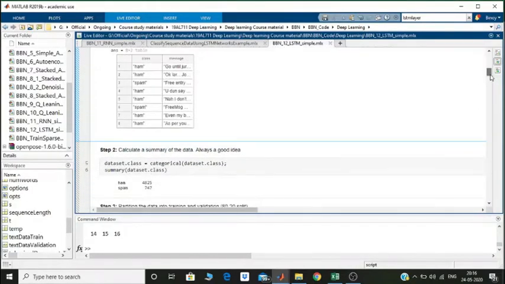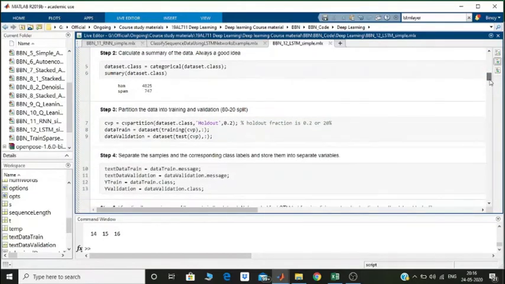Step 2, after importing the data set and removing the unnecessary data, is to have a look at what is the content in the data. You can see what I have done is I have picked dataset.class. That means I am taking the class column of the table called dataset, and I'm converting that into a categorical vector. From string, I'm converting the data type to categorical.